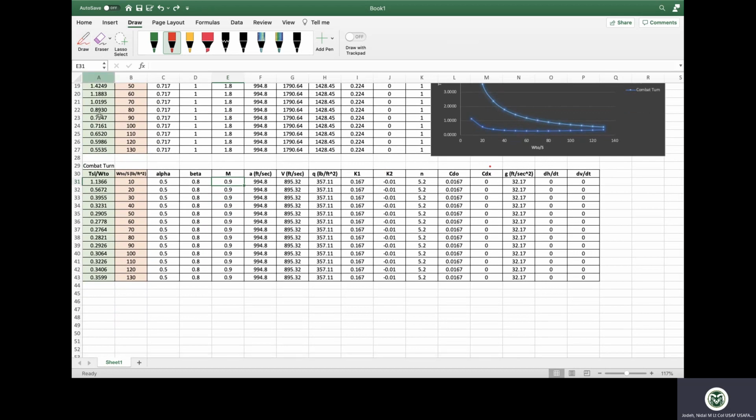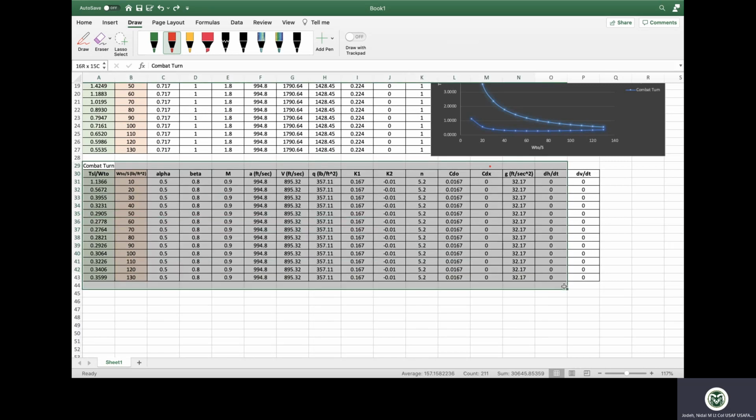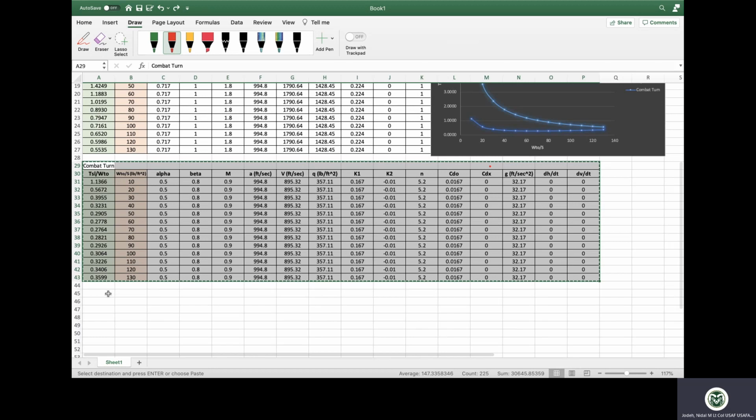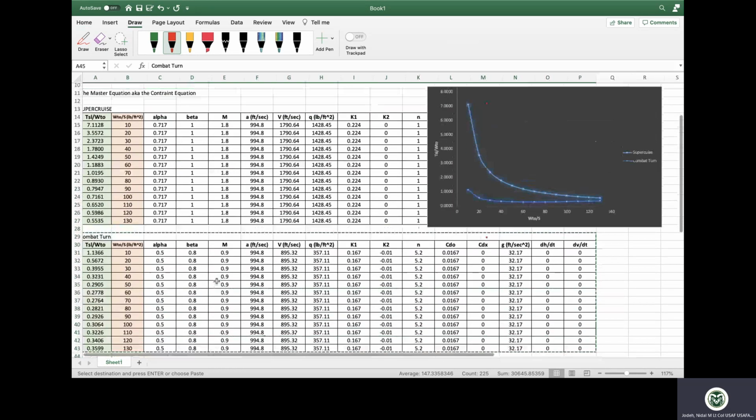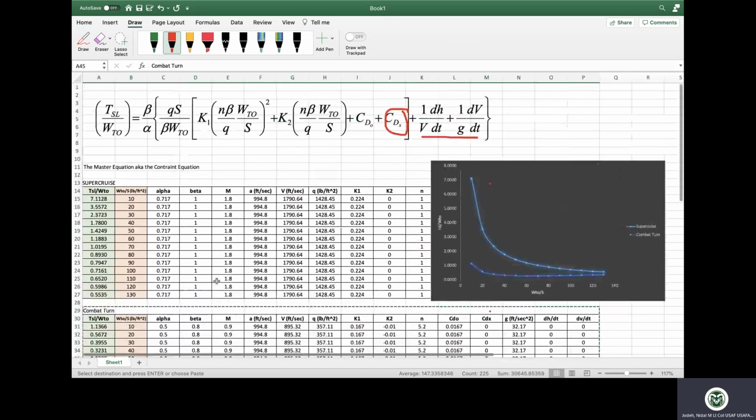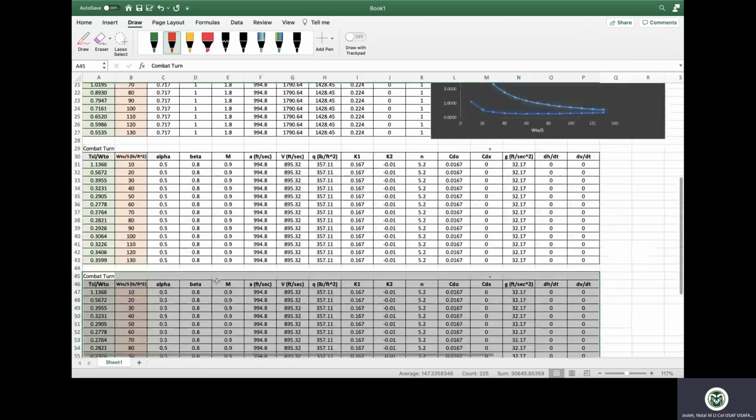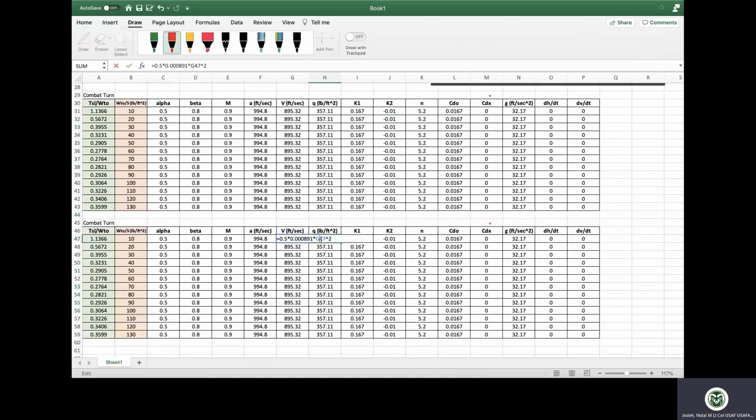Let's keep going. I wonder if it has something to do with my copy pasting here. Am I referencing anything else elsewhere? I don't think so. Q, does Q change? Does density change? No, density stays the same. And Q is properly calculated. The last one is for a level